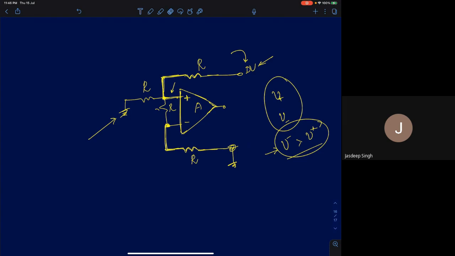The moment there is negative feedback in the circuit, the circuit is extremely simple to analyze. But if it's a positive feedback circuit, then we'll have to see what kind of circuit it is. We may have to draw a DC transfer characteristic. We will not be able to derive a simple transfer function.